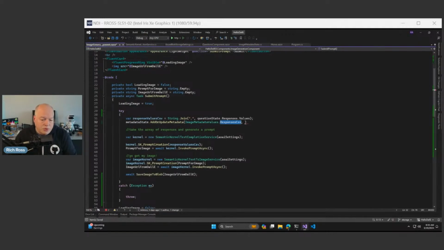So we've already got it into Blob storage. The thing I don't have though is